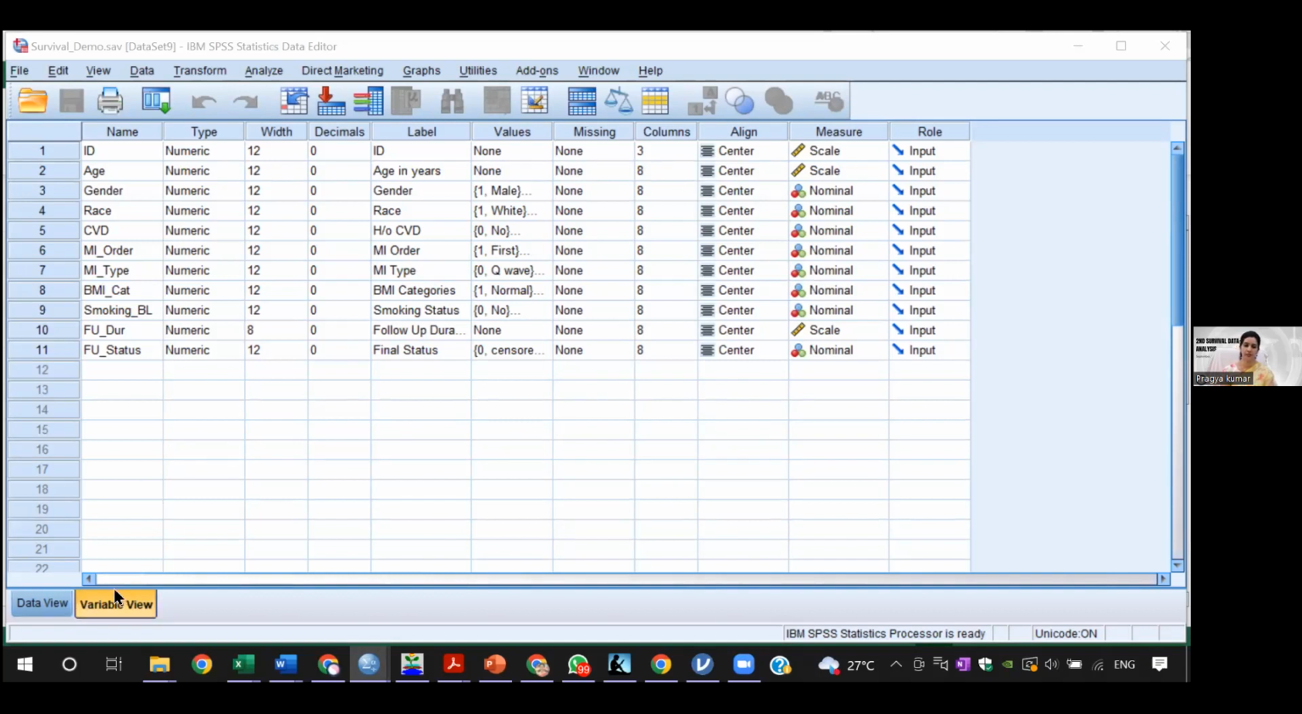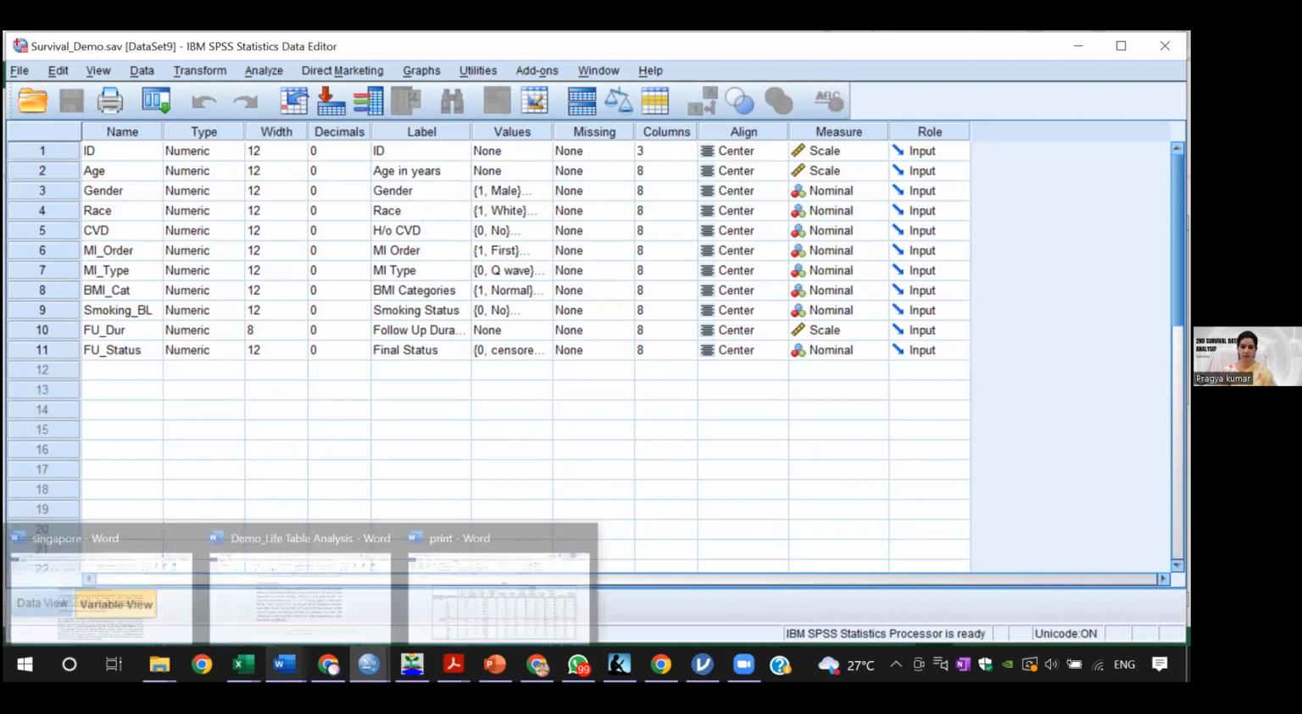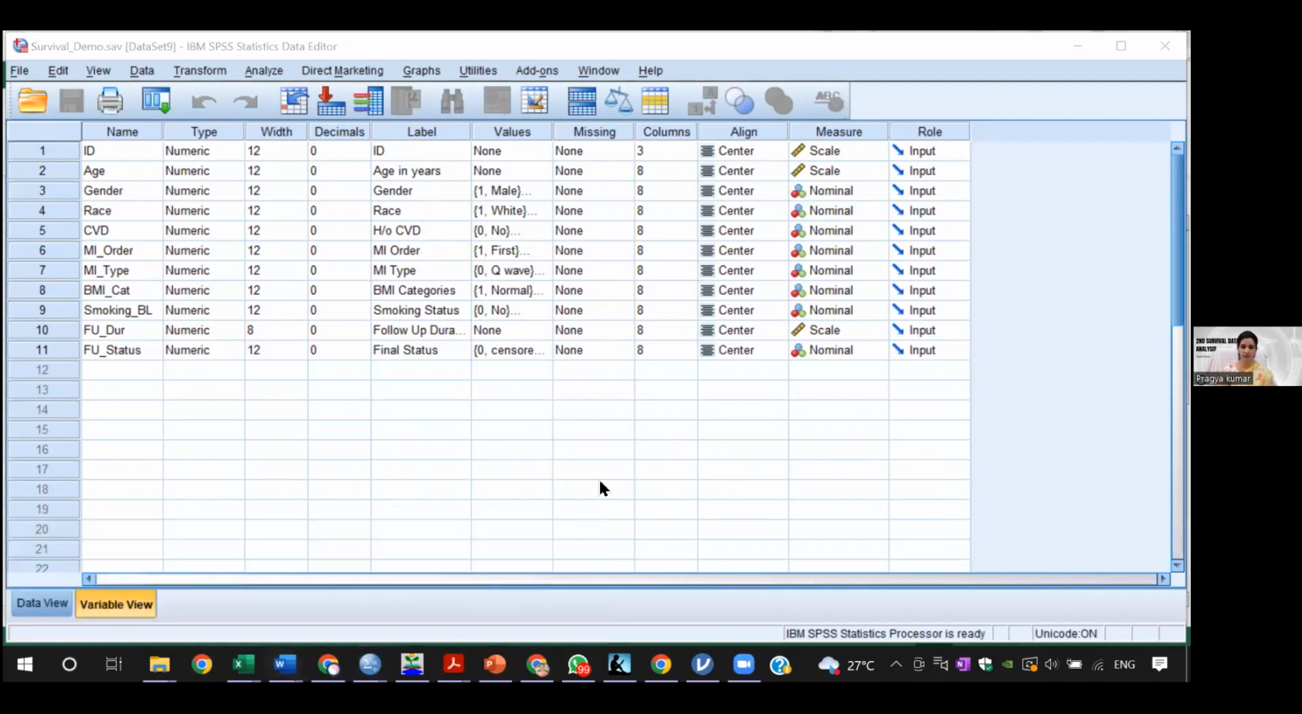In SPSS, you have a variable view and this is the data view. In the variable view, you can see this is the age in years, then the gender. These are the categorical variables, race, history of CVD, MI order. So I'll first show you the question. The question is,